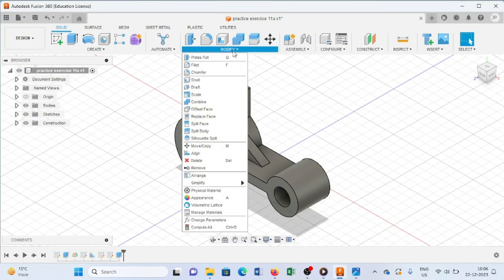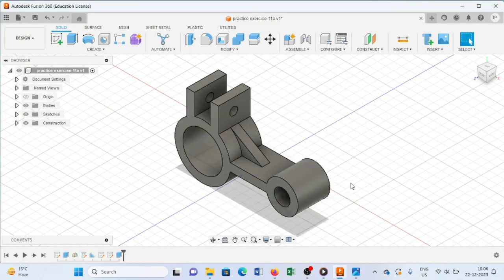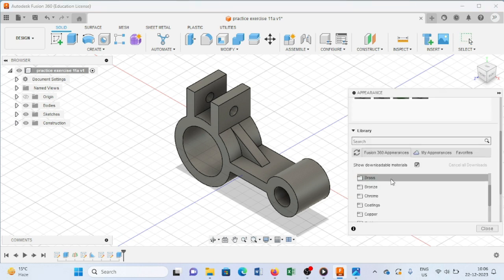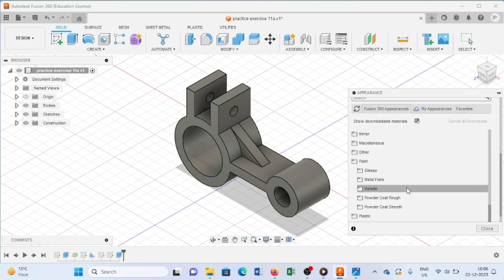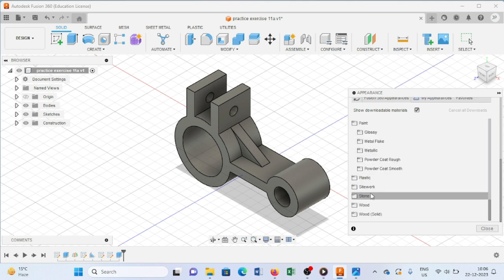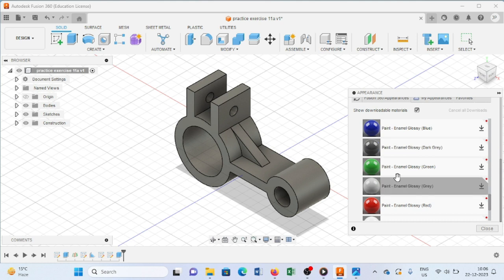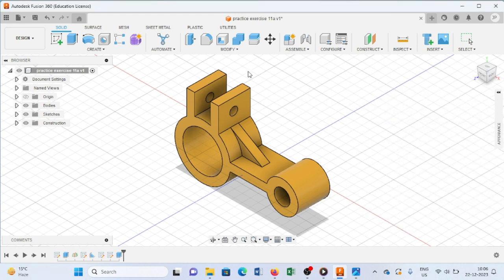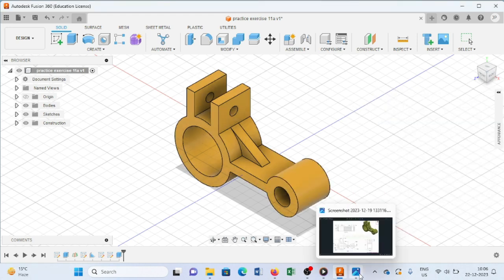Now we will provide some appearance. For that, from here we will select this glossy. From here we can provide, let's say, yellow color to this one. As you can see, we have created the same object what we have seen in this